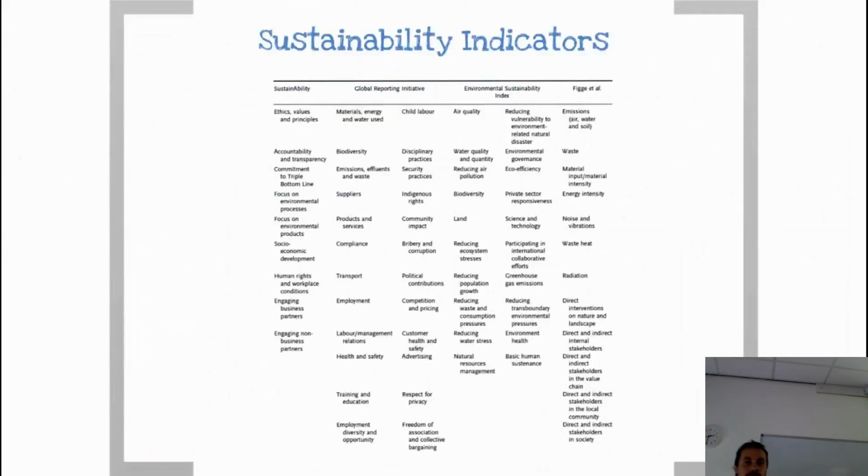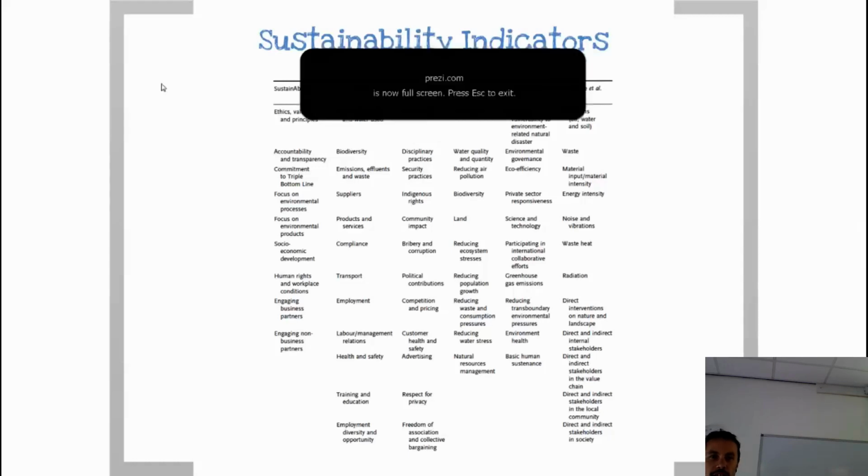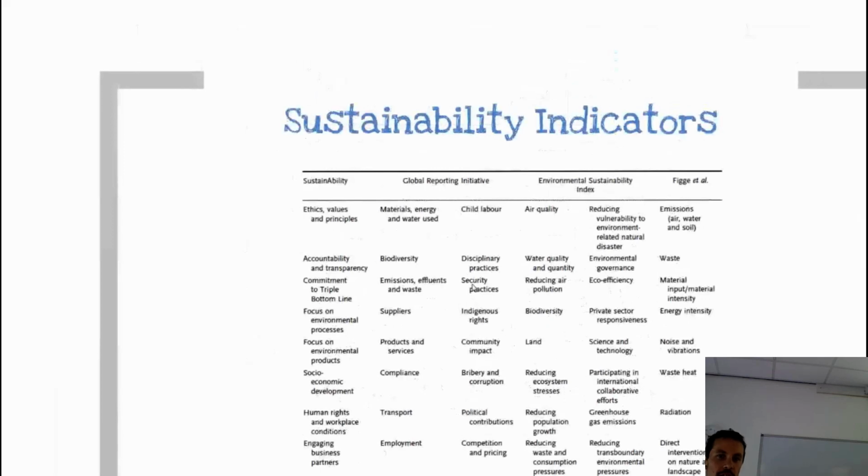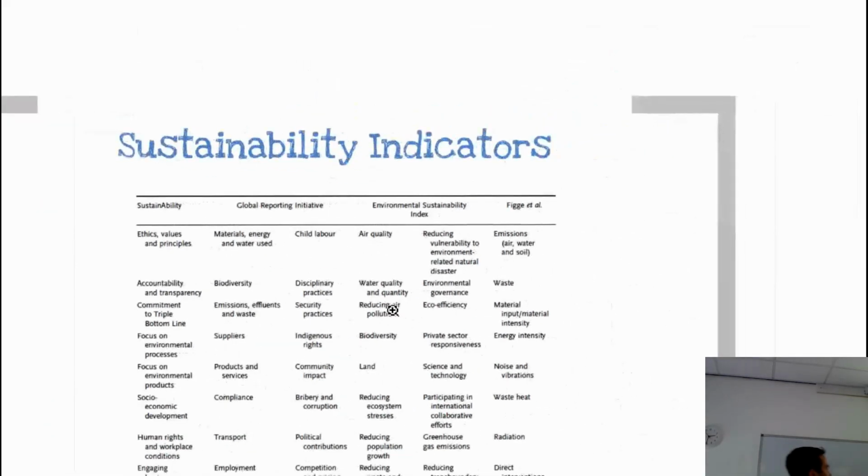Again, there's lots and lots of stuff written on sustainability indicators in the literature. You can't read all of this. And they were come up with by different contractors, Sustainability is a consultancy, the Global Reporting Initiative again, Environmental Sustainability Index, things like how do we measure ethics and values and principles, materials used, biodiversity, land, energy intensity. There's lots of indicators out there. So if you're working on a project and you need to develop an indicator for a specific thing, it's probably all out there. And you guys now are very good at academic research.